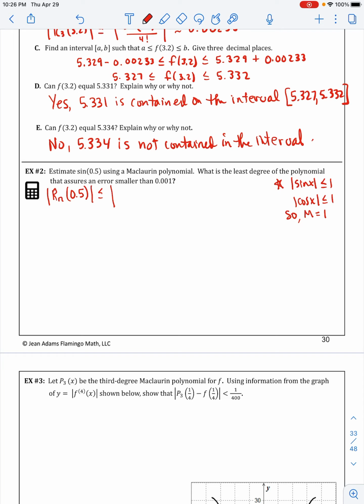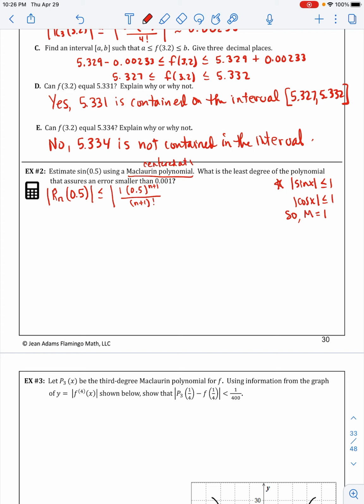So if you're trying to find the maximum M, it's going to be 1, right? That maximum is going to be 1 if you have sine or cosine. And we are actually using sine. So we know that if we were doing M times the n plus first derivative, our M is going to be 1 times our n plus first derivative at 0, using our 0.5